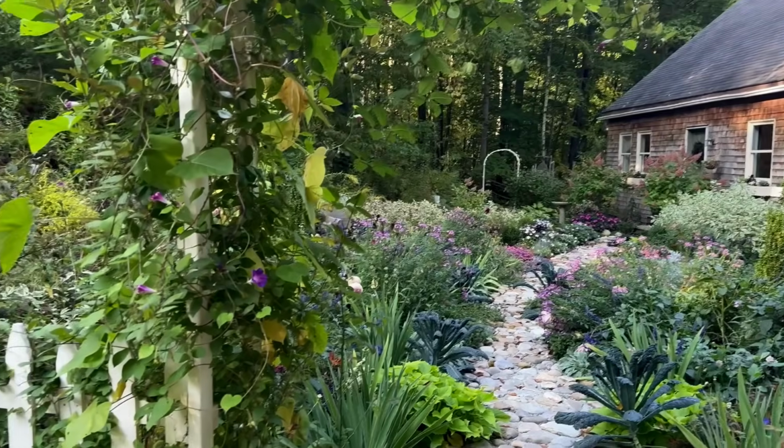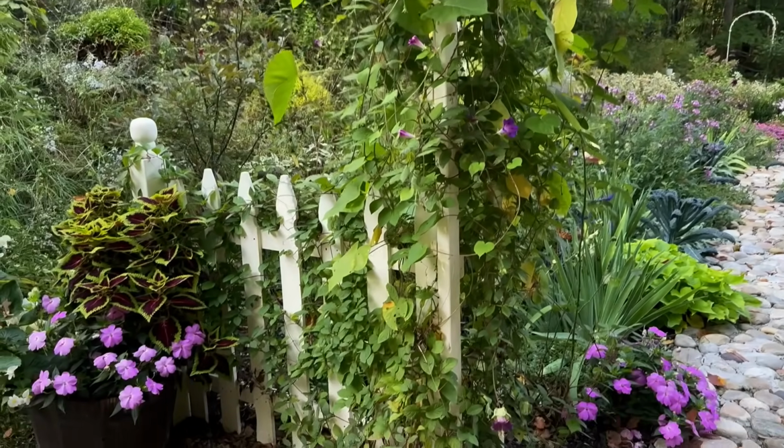Okay, so we are in the front of the cottage garden. I love how it looks this time of year, just all totally full. We're right at the end of September, and it's just looking so full and fabulous. And I think already those window boxes are looking really nice. But I just kind of want to walk you through the border and show you some of the little things that we're going to be doing just to tidy it up. So starting here on this side of the picket fence,